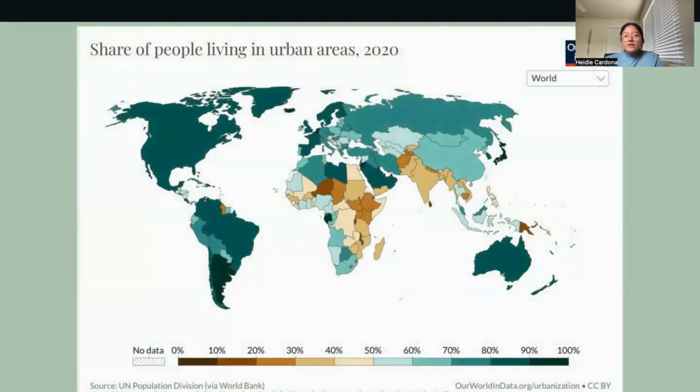This map, found in Our World in Data, represents the number of people living in urban areas around the world. It is astounding to see that in almost all countries, 60 to 80% of the population is living in urban areas. Apart from causing habitat loss and deforestation, urbanization can impact the earth in a variety of ways, including the